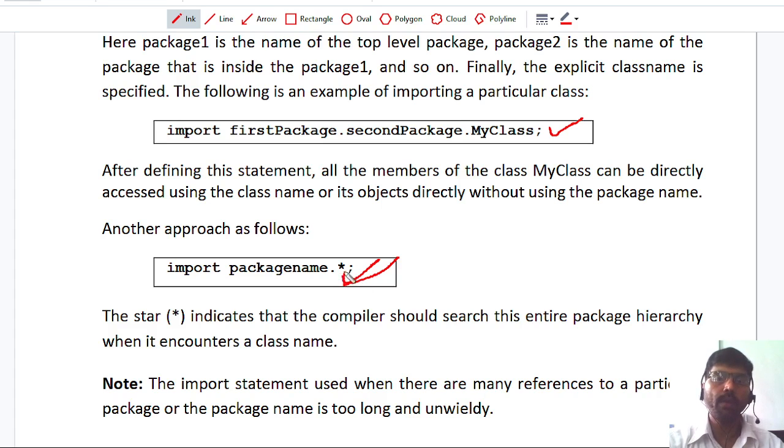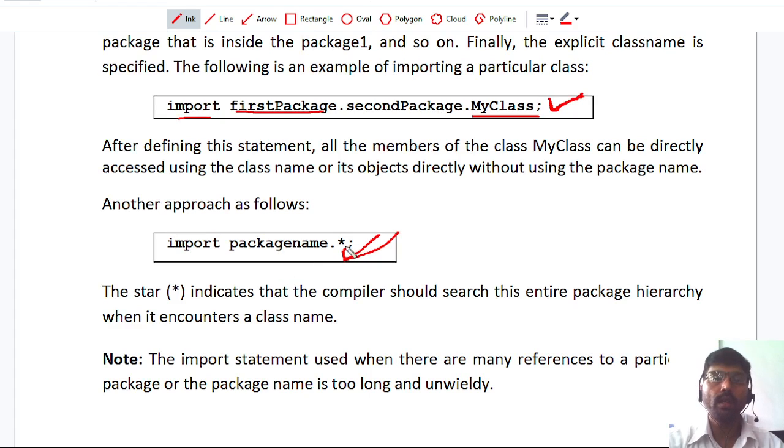In that case, whenever you use the star, your compiler is confused about which package it has to call that class from. To overcome such problems, most of the time the programmer writes the class name along with the package name in the import statement. But if you have a guarantee that no class is duplicated, in that case we use the star.